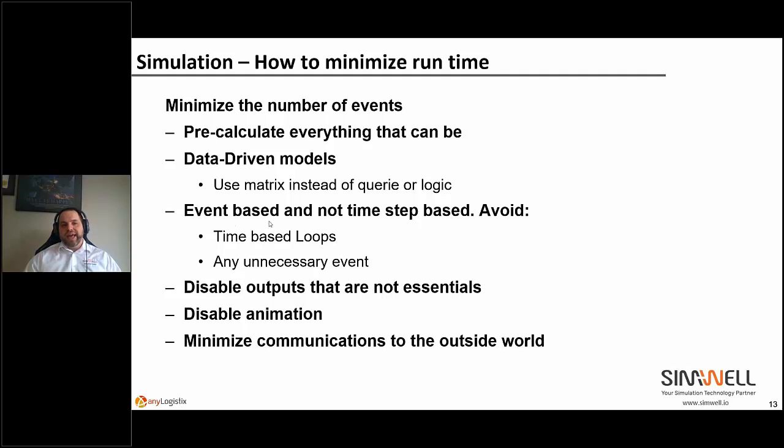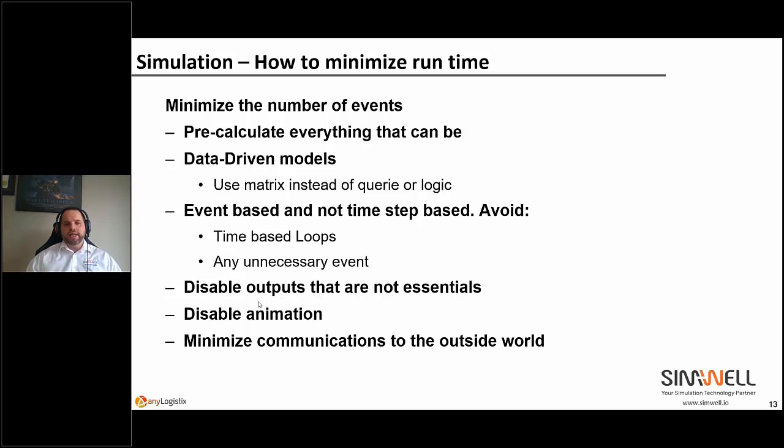So when it's event-based, these loops check for something, like a tank level, a specific event, or the number of people in a queue. Instead of having a loop checking that, you can just say, okay, the entity enters the queue and it's more than 5, then boom, you trigger that event at that specific time. That's much more efficient in terms of processing time for the computer than having the loop, essentially.